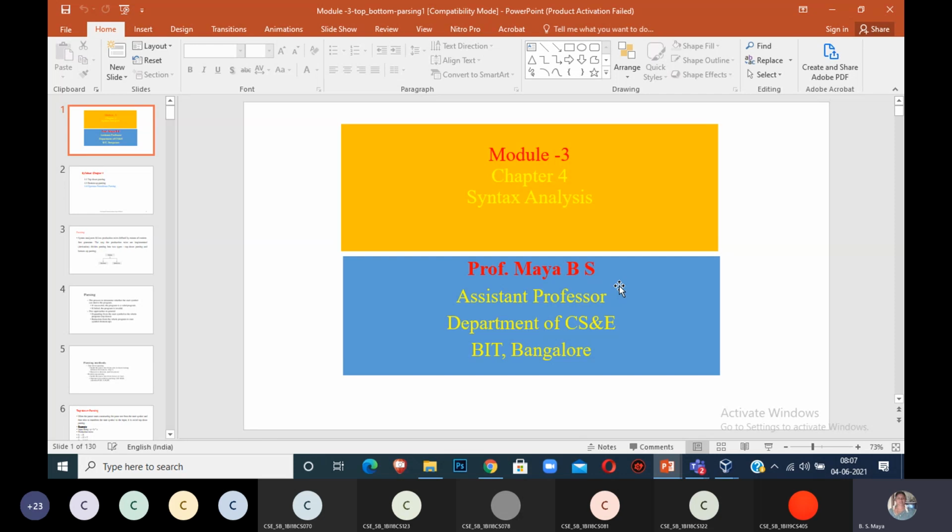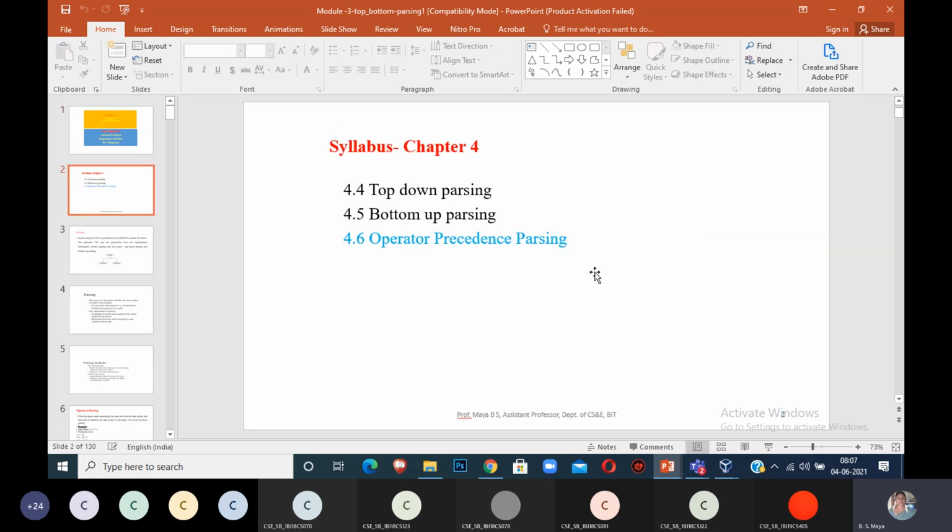For the remaining topics in the module, 4.4 is how to study top-down parsing, and one more topic is 4.5, bottom-up parsing. In these two parsing techniques we have to learn so many parsing techniques and so many algorithms.